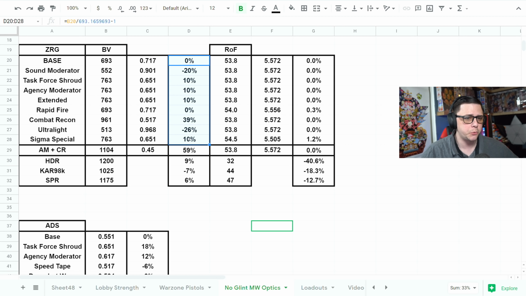This is the difference between those actual barrels, as well as the Task Force shroud, the sound moderator, which is basically a regular suppressor, and the agency moderator, which is the agency suppressor. You can see you get a reduction, it slows you down by about 20% for the sound moderator. The Task Force shroud and the agency moderator both have a 10%. So that's when we'll end up getting to see which one impacts ADS speed differently, because overall that would be